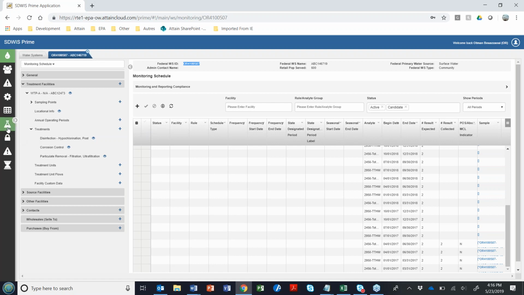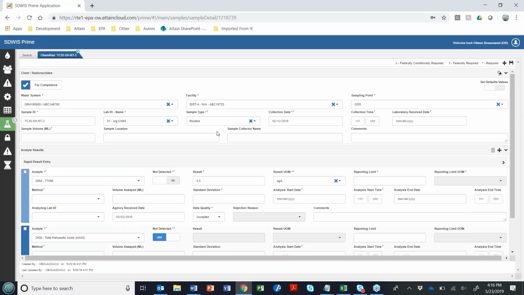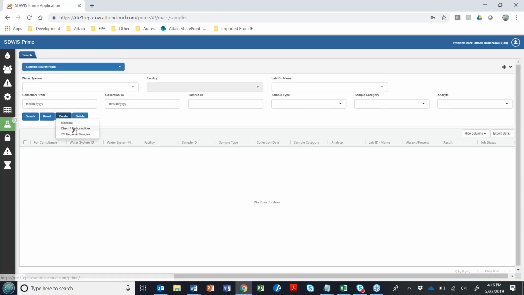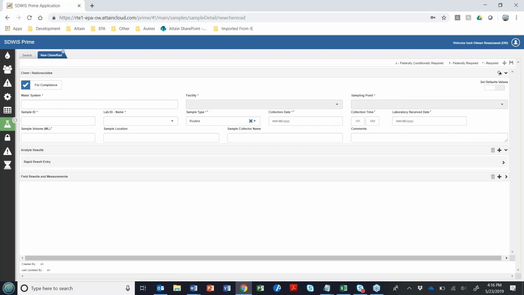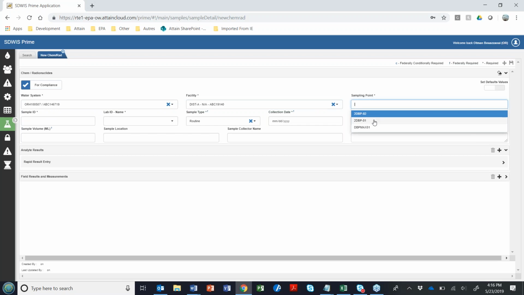All right. Pick this water system here, and we're going to go with the last 2 samples. All right, distribution system, doesn't matter which sampling point we're looking at here.